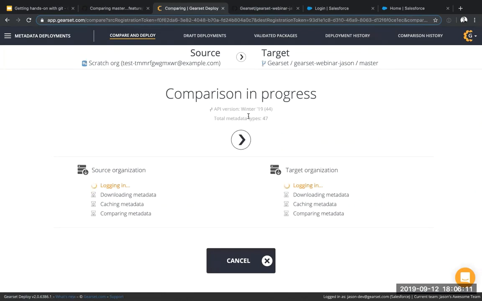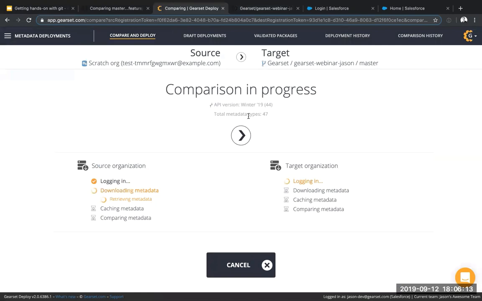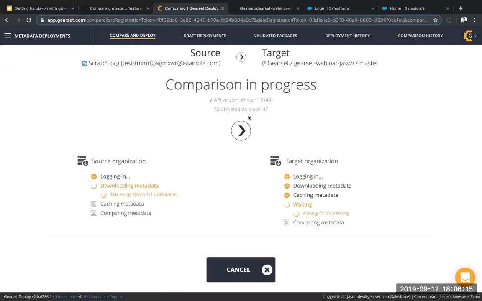It also does some cool stuff around tracking dependencies and making sure the shape of the metadata is correct. In this case, pretty much everything is going to appear as new because this is a blank repository pushing into, so there's going to be a whole pile of new items. What we're going to do is we're basically going to select everything and we're going to push it all into our repository so that we can then seed it with that metadata. So with any luck, this retrieve should be pretty quick. Again, we're slightly at the mercy here of the speed of the metadata API, but we'll then have that comparison